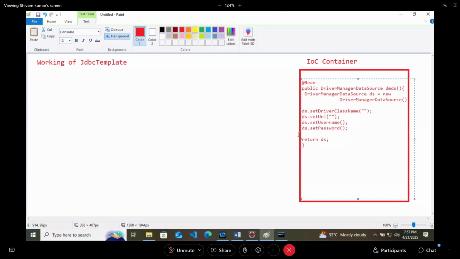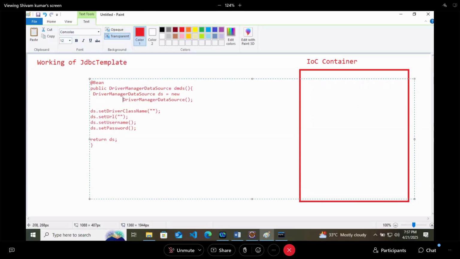This is how this bean is actually looking, right? Wait, I will increase the font size.